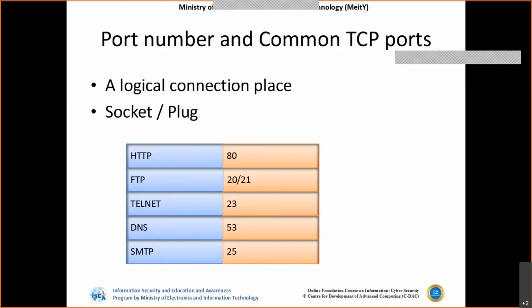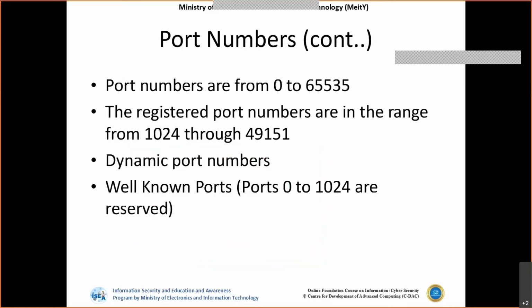So again there are different types of services that use these transport layer protocols. That port number which is bound to that particular service, to denote that service, is nothing but a port number. Okay, so generally these port numbers range from 0 to 65,535, which is 65,536 ports in total. Usually the port numbers from 0 to 1023 are reserved, and from 1024 to 49,151 are registered port numbers, and the rest can be used by any client as dynamic ports to initiate the connection.